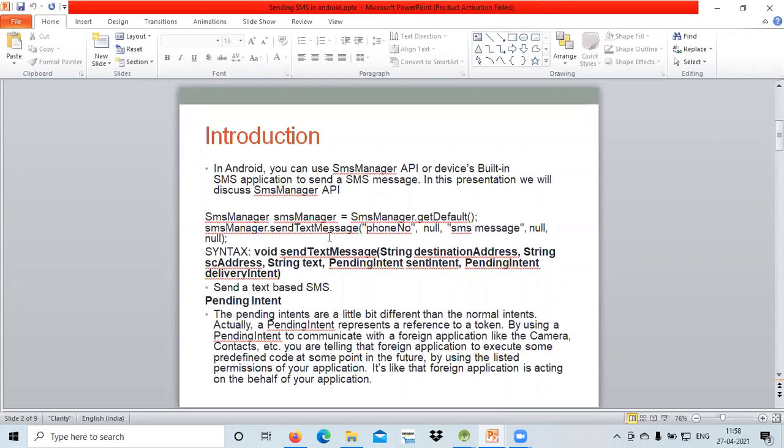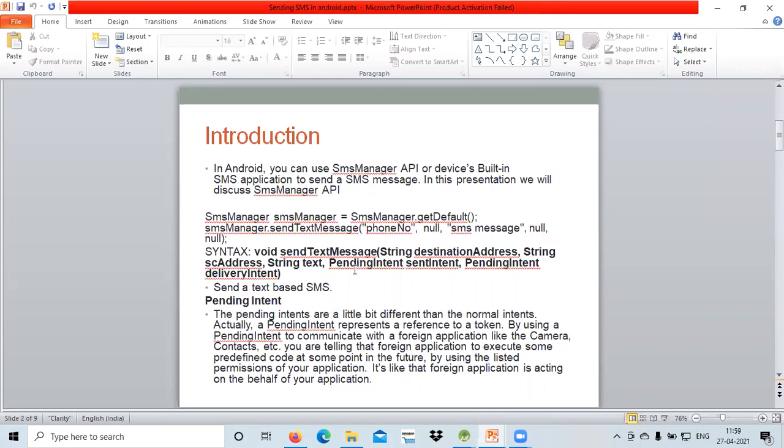The send text message has around 6 parameters: the destination address, the source address, then the string text, then the pending intent for the sent intent, and the pending intent that we pass for the delivery intent. So we are using a text based SMS, and we need to send the message in the form of text.